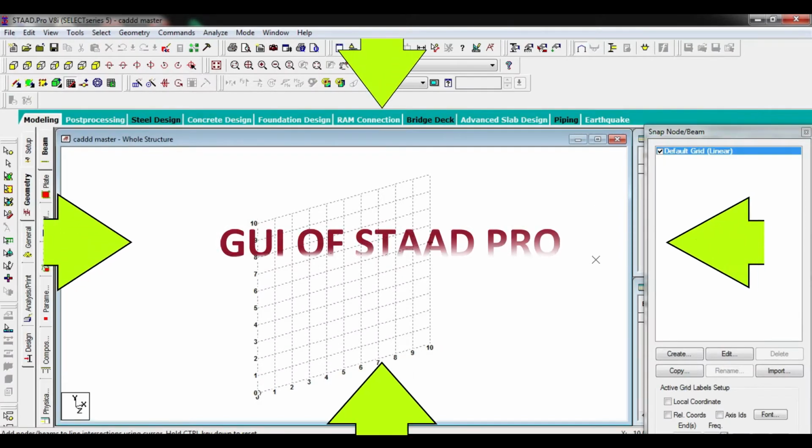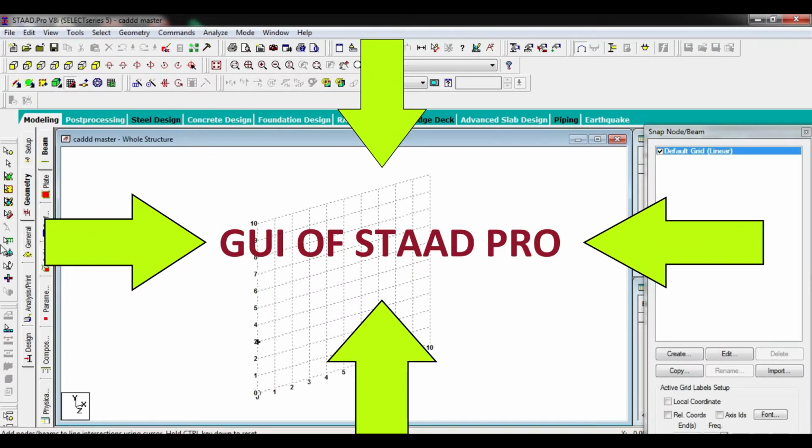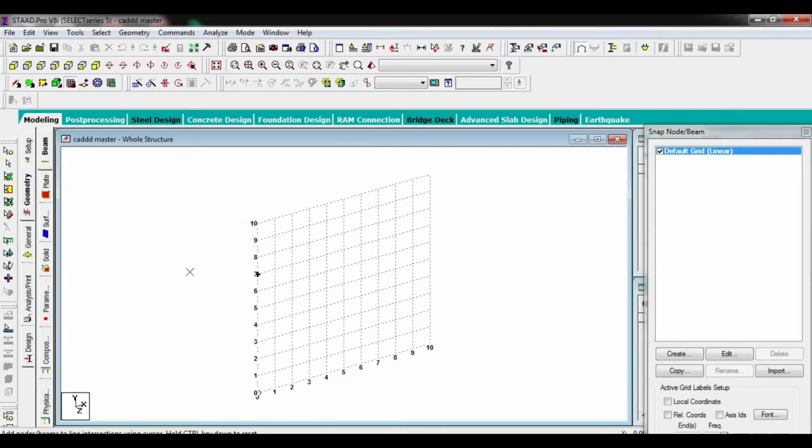After finishing, we see the GUI of the StaadPro V8i software, that means graphical user interface. This is the working area where we draw the structure. This is the horizontal toolbar and this is the vertical toolbar. In the horizontal toolbar, we see the various options or various toolbars, from which we can draw the drawing.